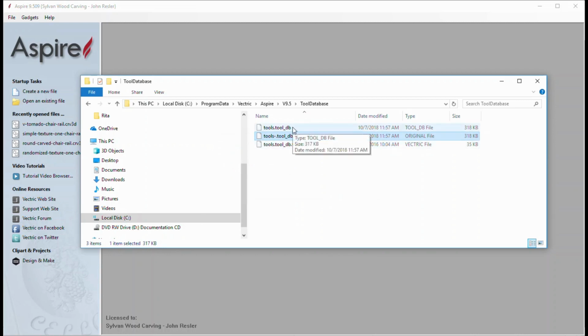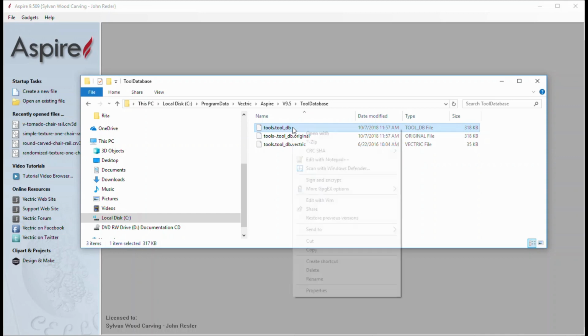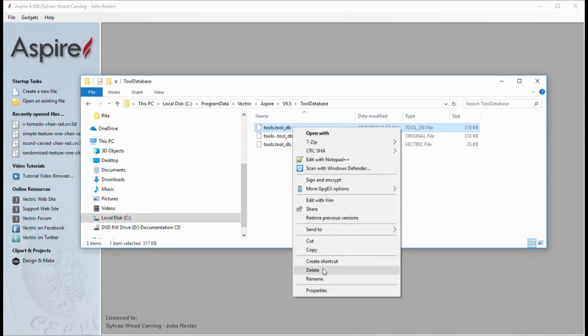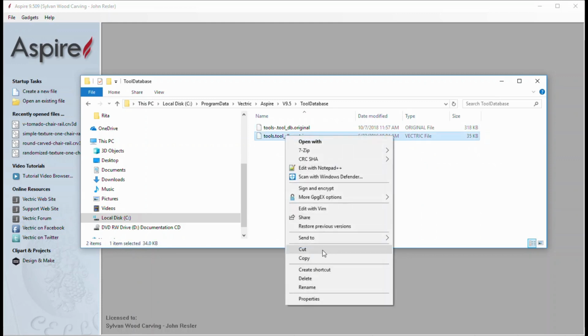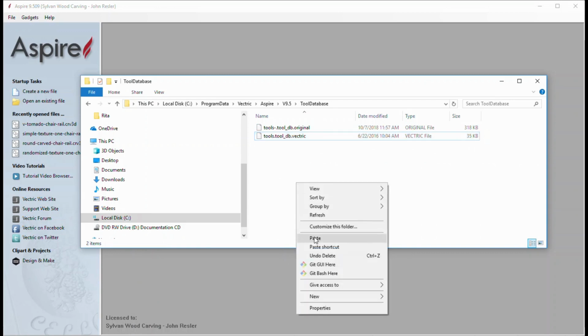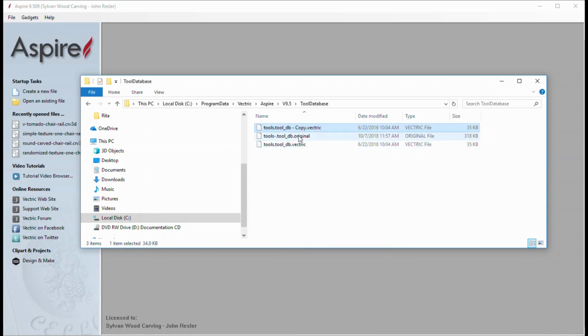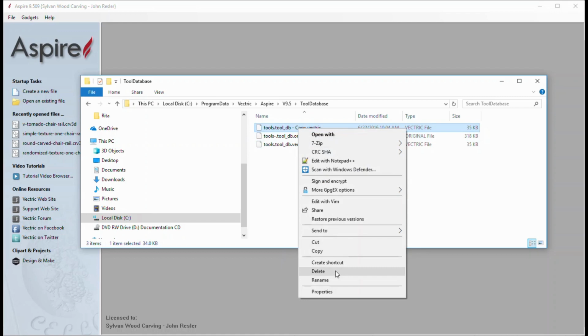So now here is the one that Vectric Aspire is reading from. Okay. So this is the one that we presume is contaminated or corrupted, however you prefer to refer to it. So now here's the original one that came with it. So let's copy that. Let's paste it. Okay, and now we're going to rename it.